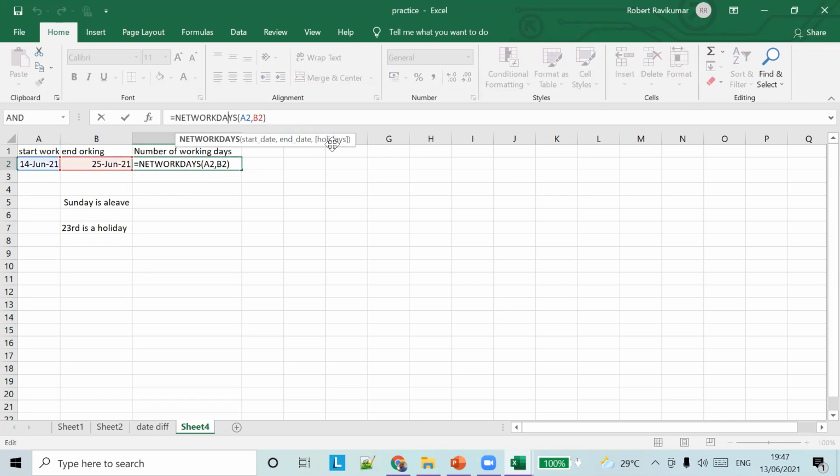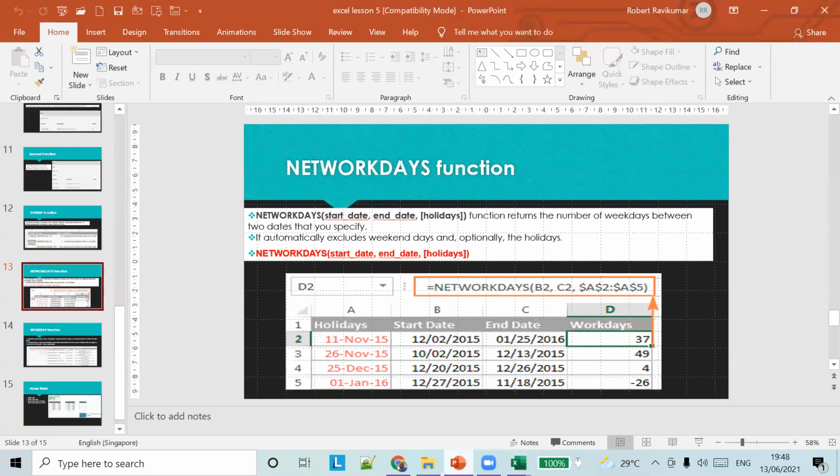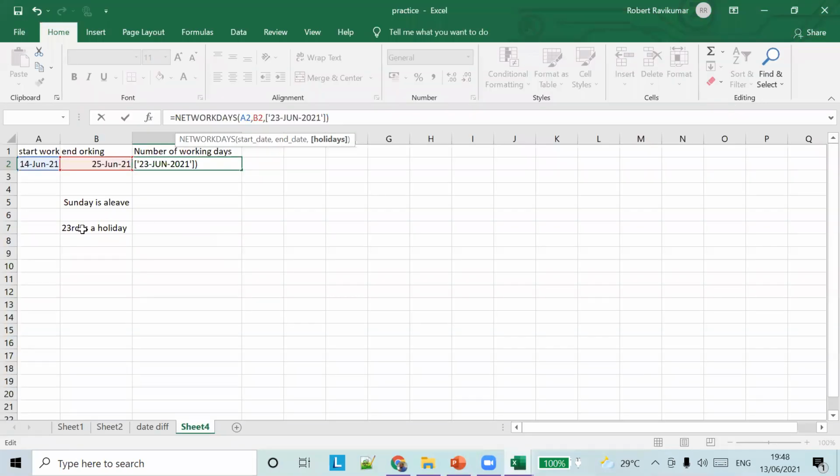You can pass the holidays to NETWORKDAYS. If you pass the third parameter as holidays, you can pass the 23rd. Okay, let's try. So 23rd is a holiday.